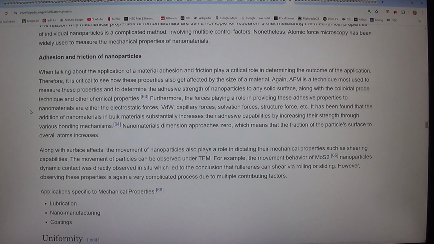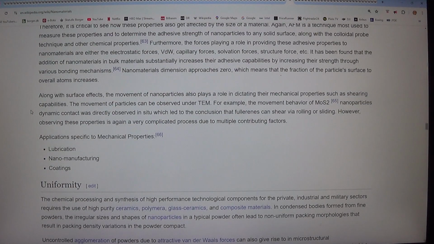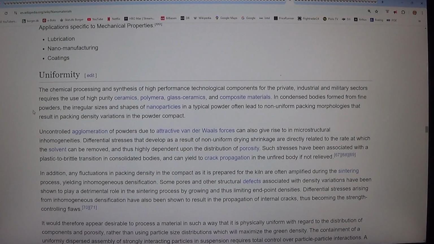However, observing these properties is again a very complicated process due to multiple contributing factors. Applications specific to mechanical properties: 1. Lubrication. 2. Nanomanufacturing. 3. Coatings. Uniformity. The chemical processing and synthesis of high-performance technological components for the private, industrial and military sectors requires